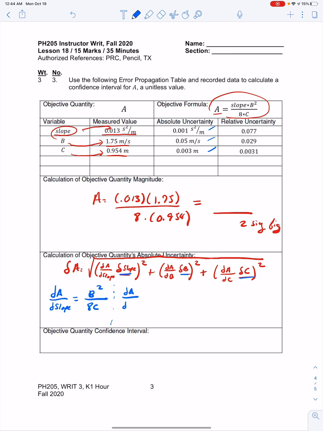And let's do the partial derivative of A with respect to b. Separate everything else except b. So let's go b squared, separate everything else, slope over 8c. Now, this b is the thing that you're focused on. Meanwhile, the slope over 8c is all treated as a constant, so you just leave it alone, since it's being multiplied by the thing that you're deriving. If this was by itself,